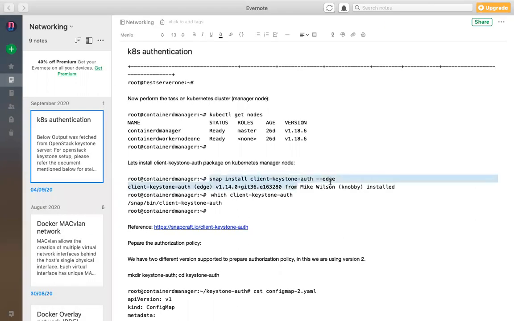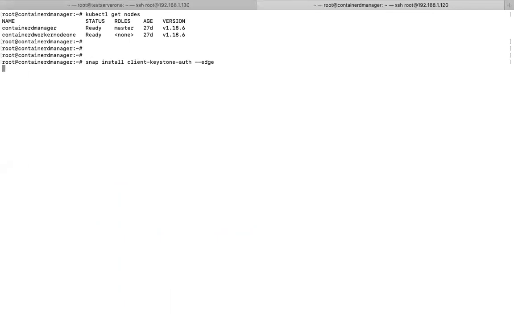This command will install the client keystone authentication package. Once you install it, I will tell you how it looks. This is a binary which will be installed. This is important for us to interact with Keystone.